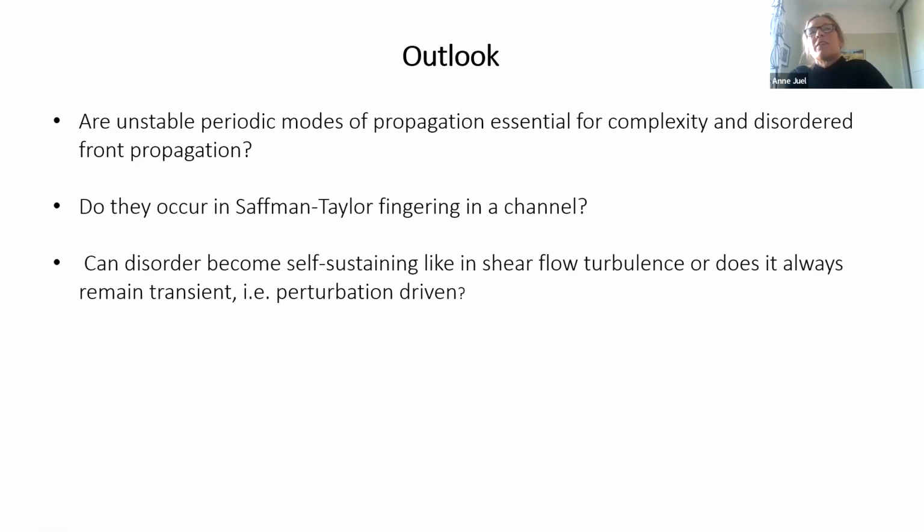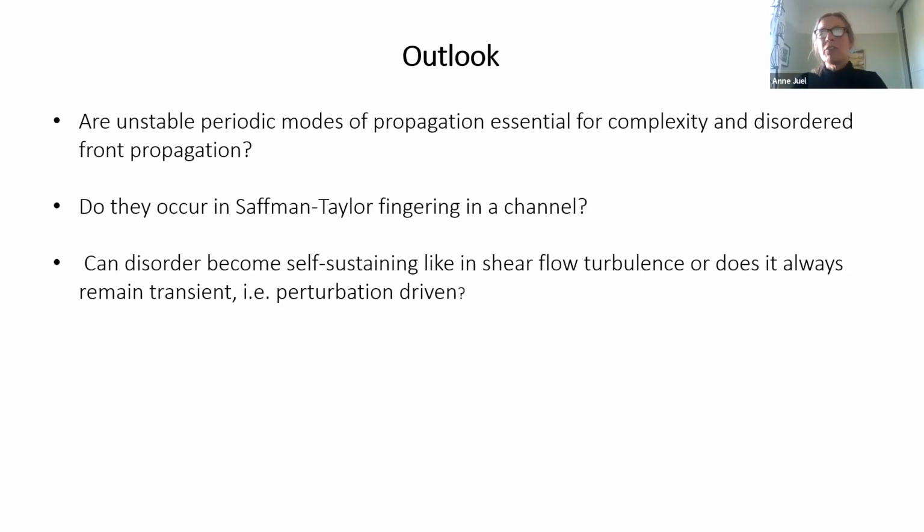And really the outlook is: are these unstable periodic modes of propagation essential for complexity and disordered front propagation, a bit like what has been found in the transition to turbulence, and do they actually occur in a simple Saffman-Taylor fingering situation? And then really the big question for me is